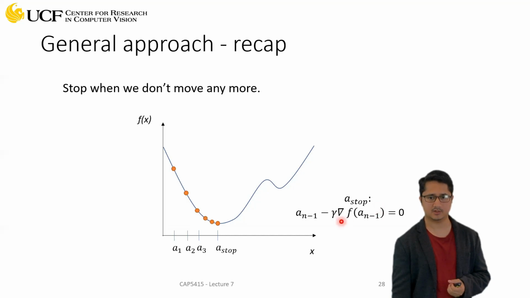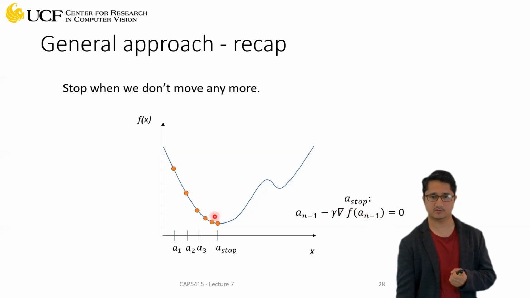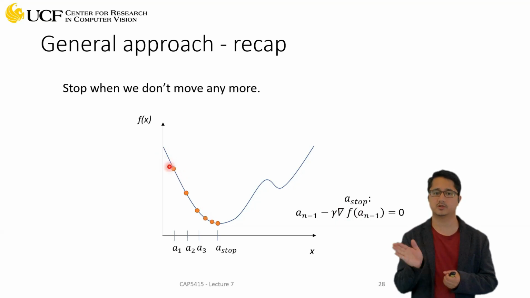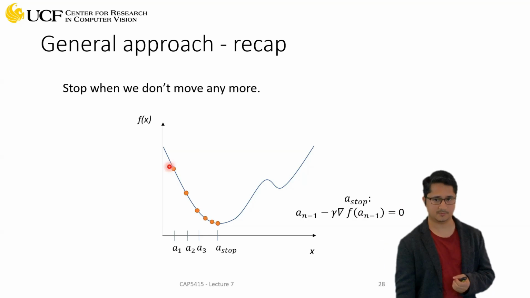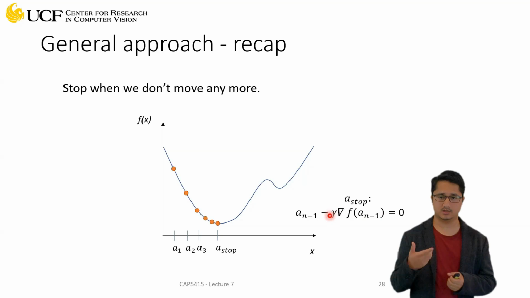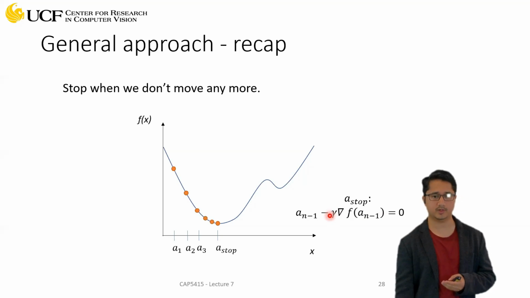And as we discussed last time, there are a couple of parameters here. The first is, you can look, the second term here. This is just computing the gradient. So we'll find the gradient at this point, and that will help you determine which direction you want to go, whether you want to increase the value or decrease the value. Then you have another hyperparameter, which is gamma over here, the learning rate. It will control how fast you want to move in either direction, left or right. So this is trying to control the step size as you move from A1 to A2,